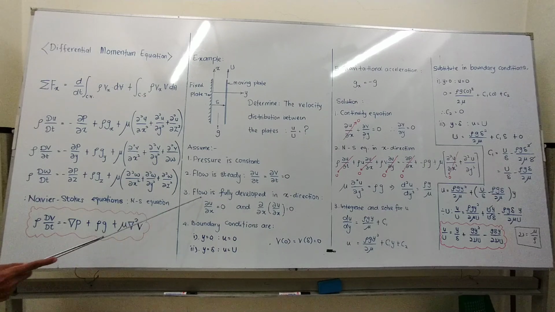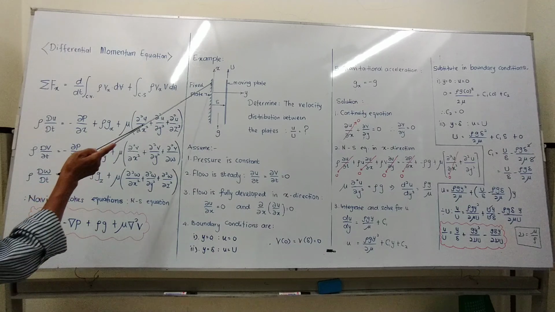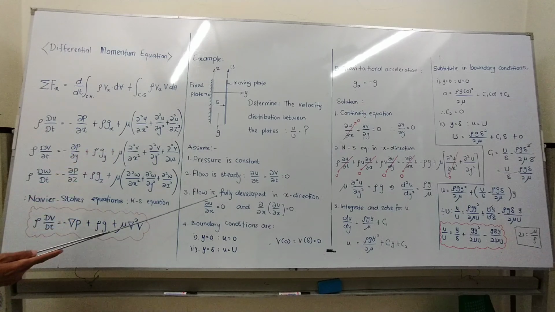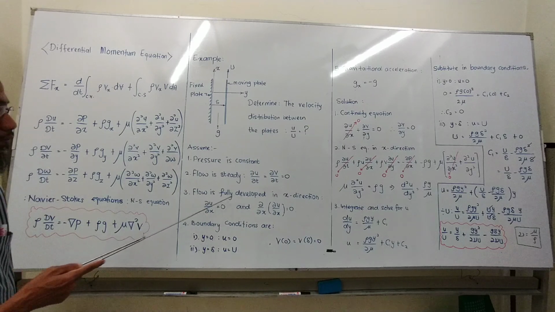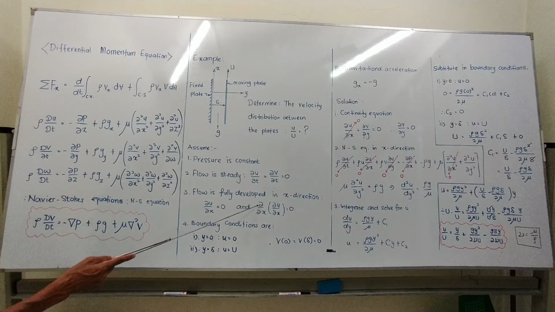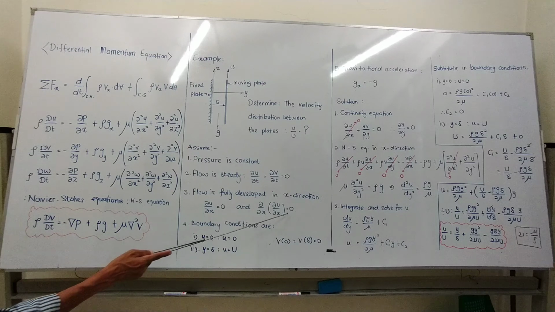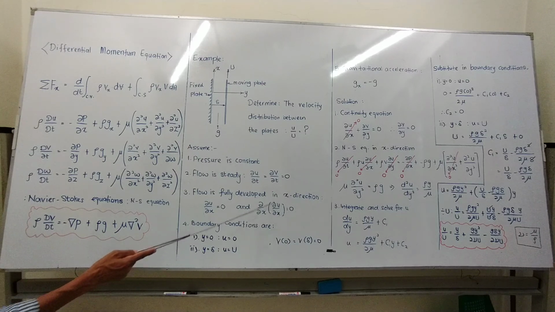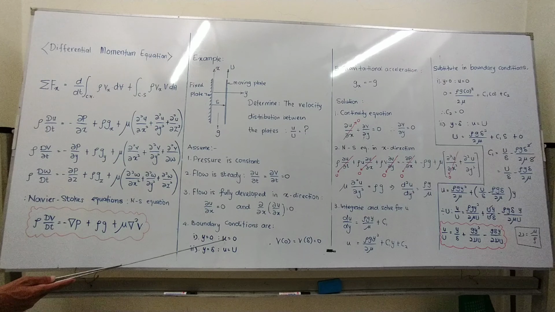Third, the flow is fully developed, meaning from the initial to the end the velocity profile is the same. So we call it fully developed. The flow is fully developed in x direction, so del u over del x equals 0. And then del over del x times del u over del x equals 0, because del u over del x equals 0. Then for the boundary conditions, first, y equals 0,